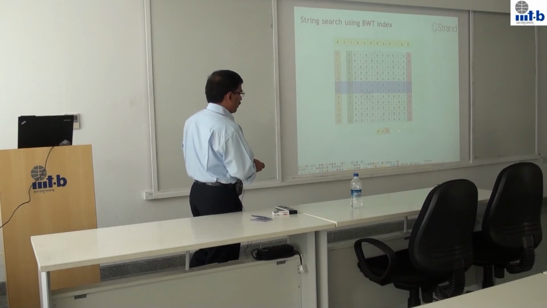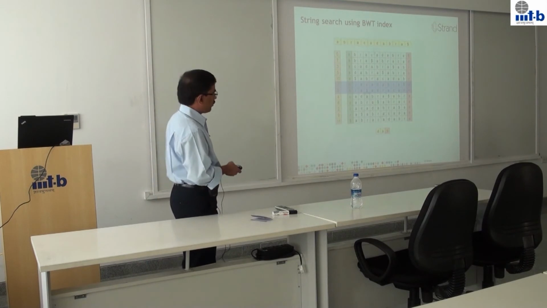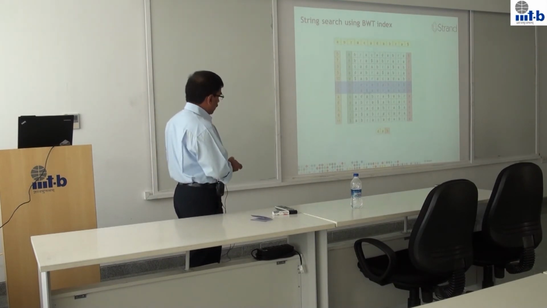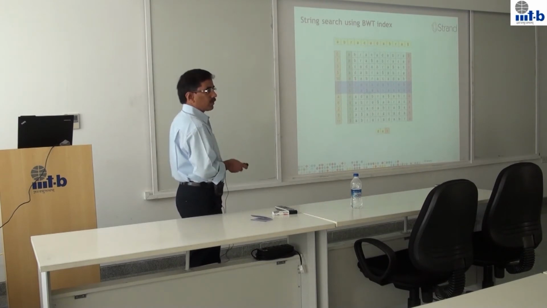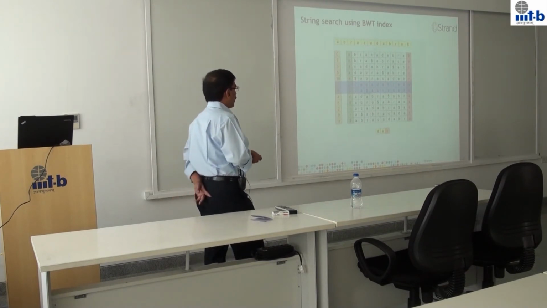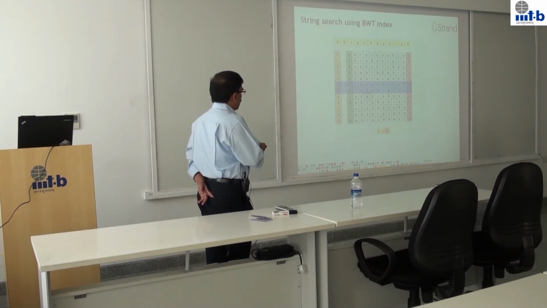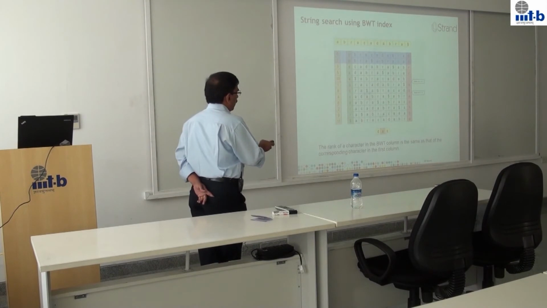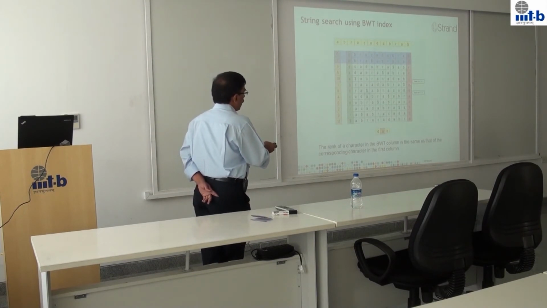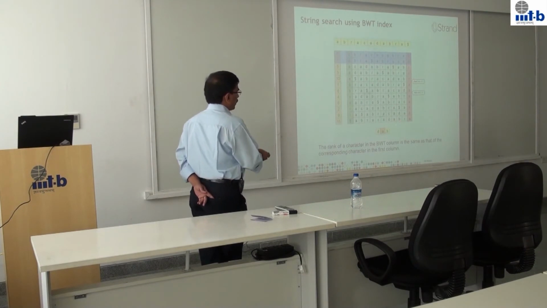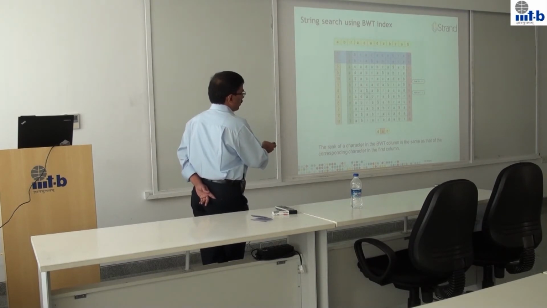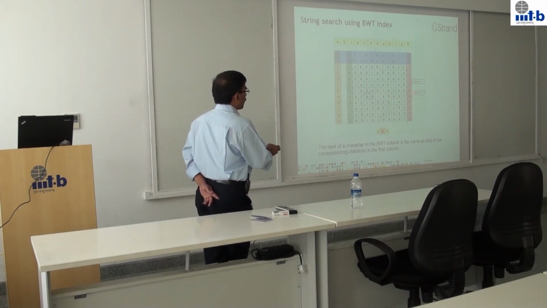So this is the string that we are interested in searching. We start from the rightmost token, the last token, B, and search in this, because these are already lexicographically ordered. We know the range where the B occurs. So we are shortlisting the entire range, and then we look at the next character and the rank for that. The second character is A, and the rank for A at this place is 0. There are 0 A's above that. And the rank for A at this location is 2.